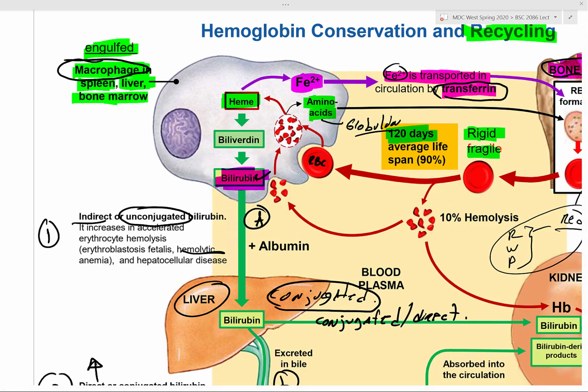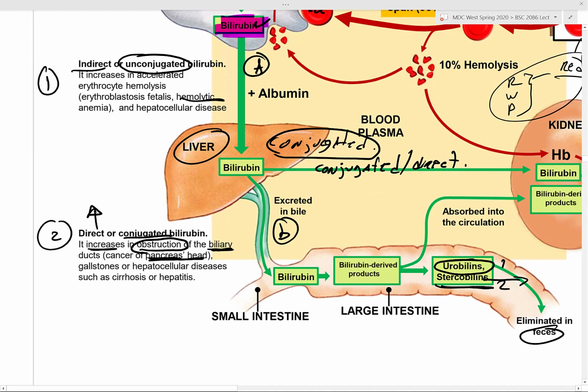So bilirubin is actually what? Bilirubin is used by the liver. Okay? Bilirubin is used by the liver, and later on we're going to talk about it, to be used as micelles that are going to absorb the fat. And as bilirubin is in the liver, of course, bilirubin can be either conjugated or unconjugated. Before the liver, any excess of bilirubin that you have is unconjugated bilirubin. Any bilirubin that is being processed by the liver, we call it what? Conjugated.